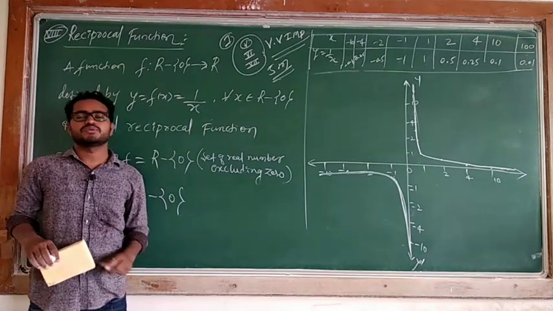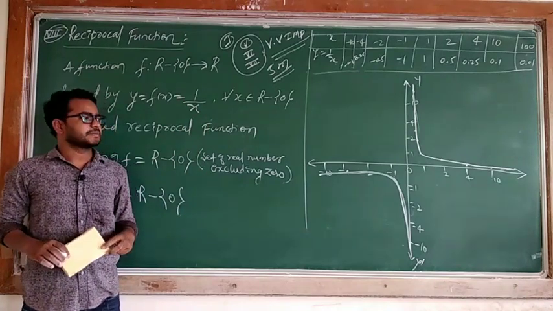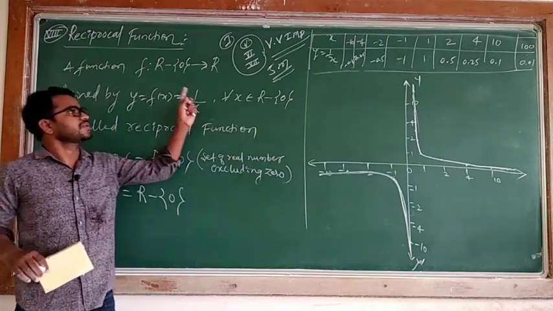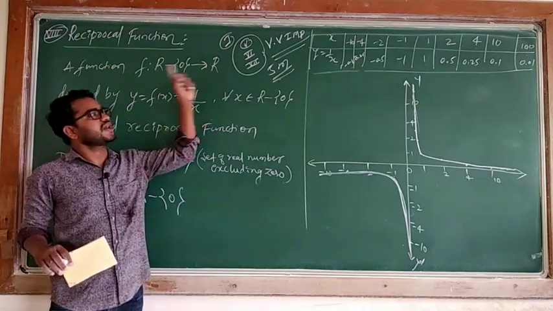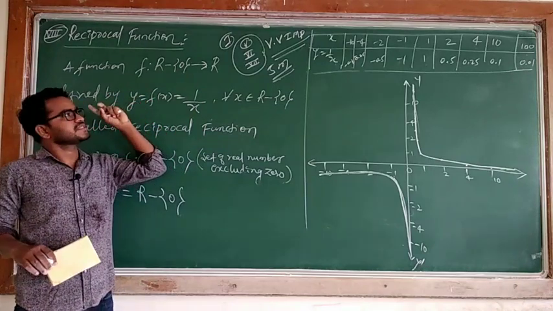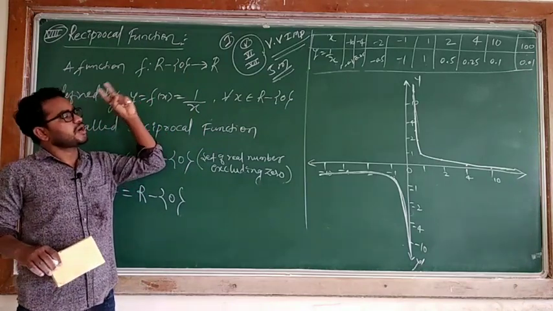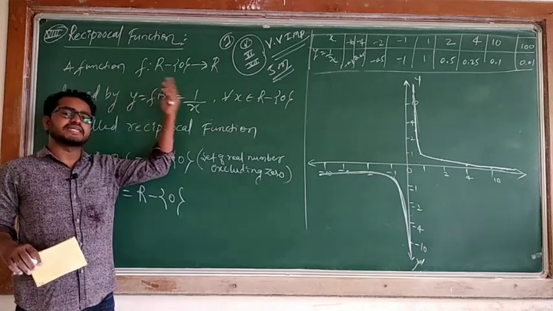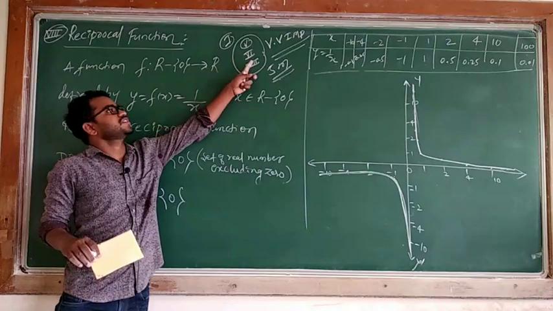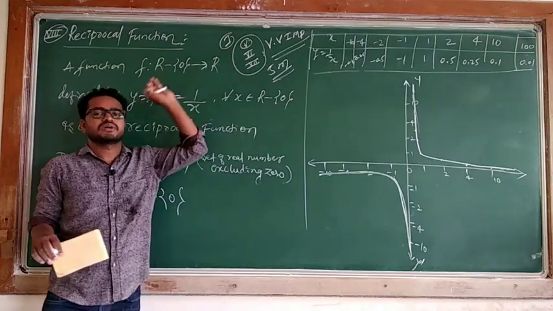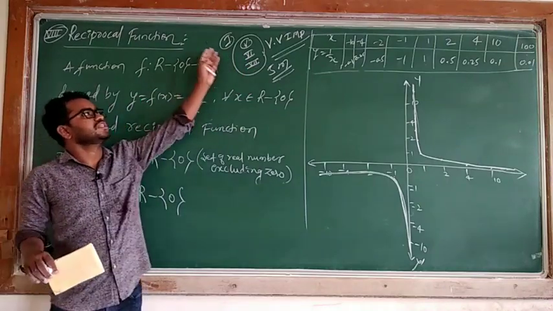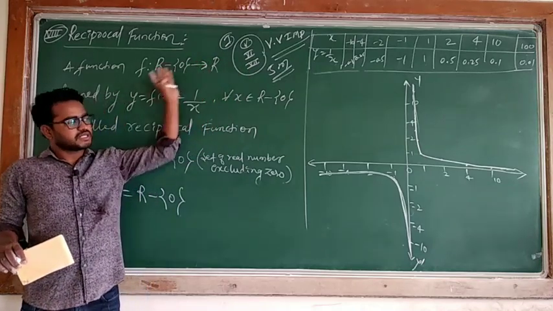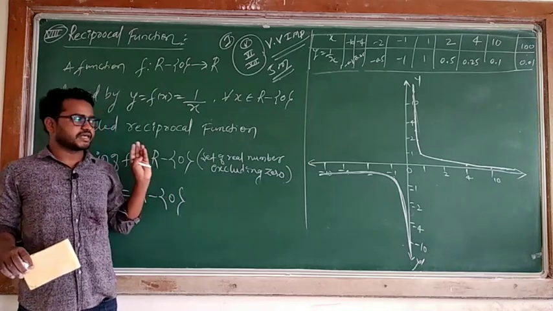Out of those you will get questions in the exam. These are in the syllabus we are taking. The others are not as important, but out of those 8, the first graph, the identity function, then the fifth one, modulus, the next one, greatest integer, and the next one, signum function. These fifth, sixth, seventh, and first are very important. Follow these graphs. You will get a 5 marks question on the basis of these graphs. Okay, this is about drawing graphs.